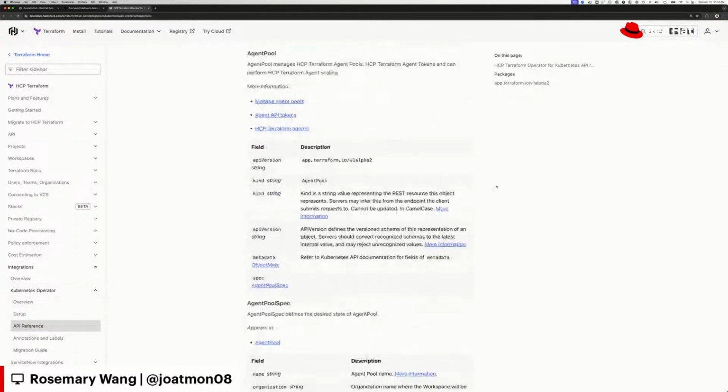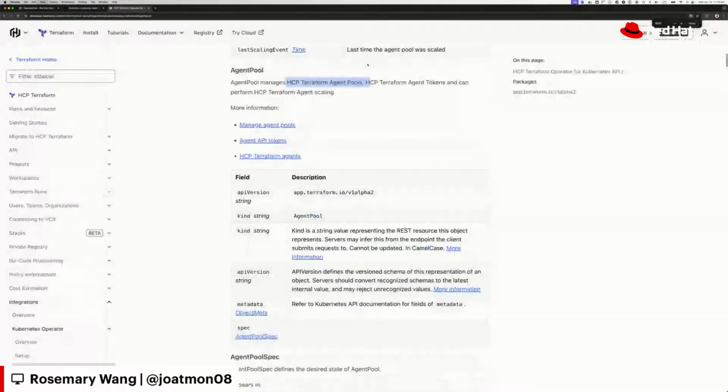From a security perspective, they want to be able to manage these agent pools themselves, because from a networking perspective, there may be internal connections that they want to be making. And so we do have a custom resource definition for someone to manage the HCP agent pools, and that will allow you to run Terraform in your OpenShift cluster if you want to.